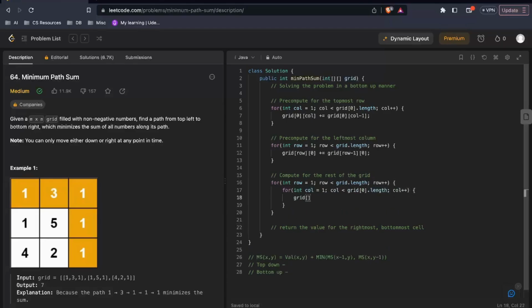and grid of row column is equal to math dot min of grid of row minus 1 column and grid of row column minus 1. And lastly, we will return grid of